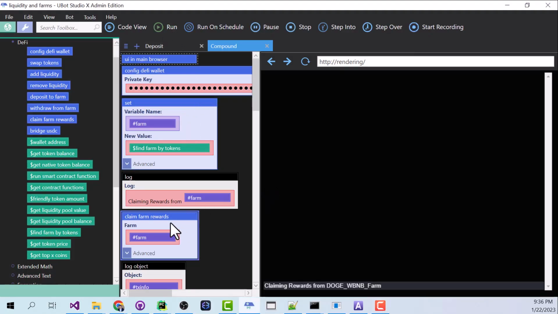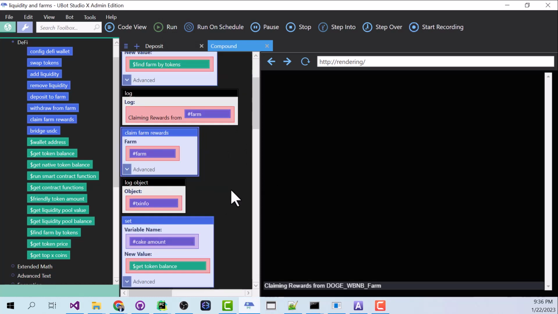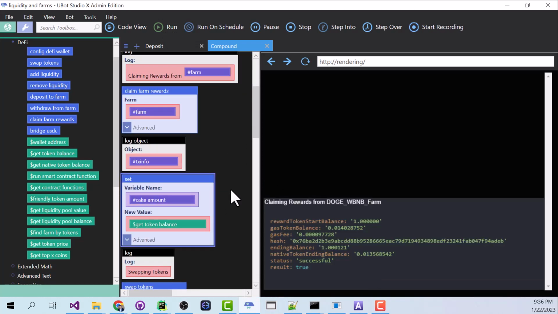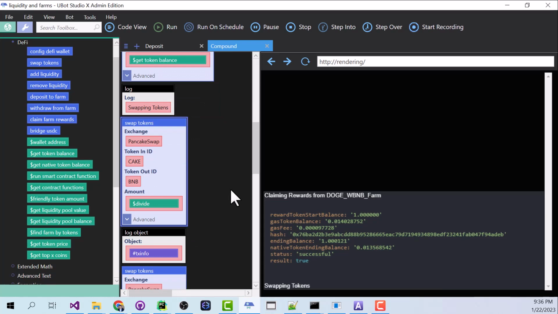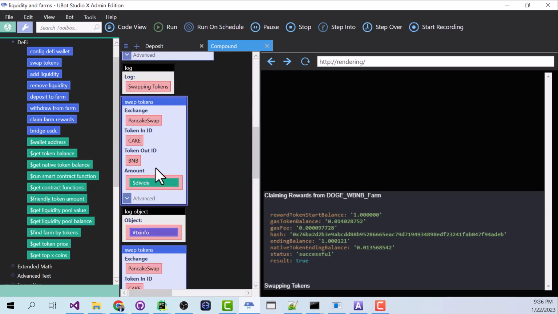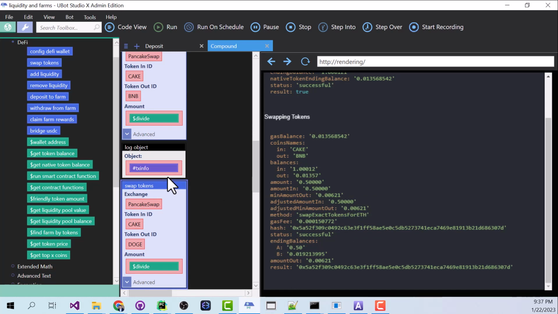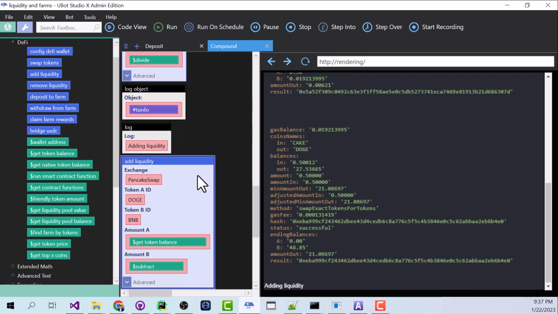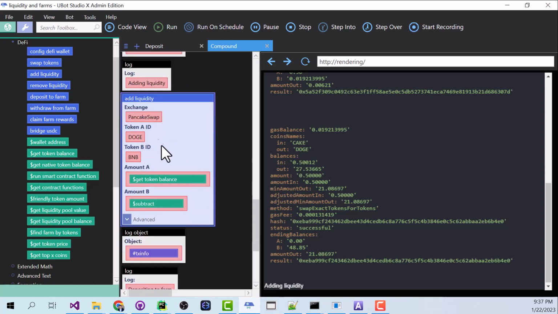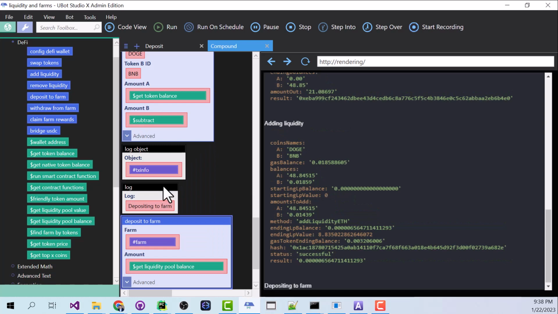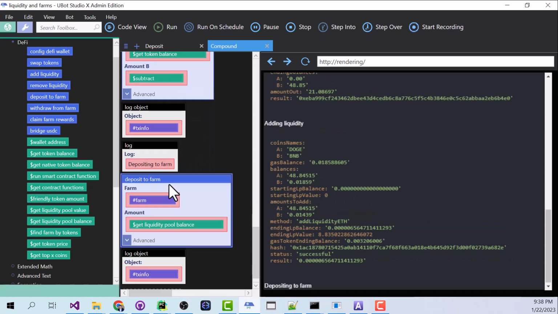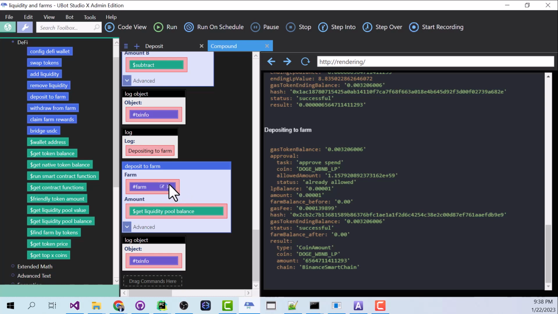All right, we're claiming our rewards, which we're pretending is going to be like $5. Once that finishes, we move on to swapping the tokens so that we can get some Doge and also some BNB. All right, our first swap went through. We're going on with the second one now. All right, our second swap has gone through, so now we're adding the liquidity, taking our Doge and our BNB and adding it to the liquidity pool. Adding liquidity worked with no problem, so now we are depositing to the farm, and everything worked just like we